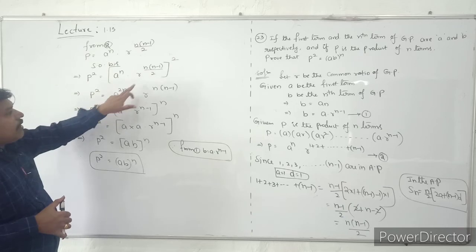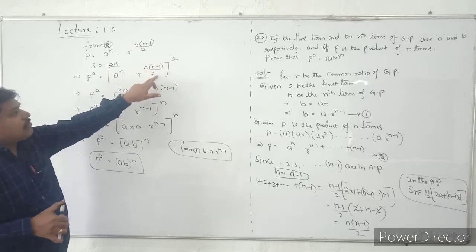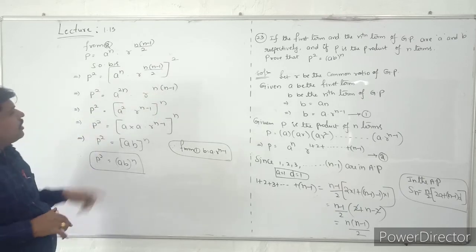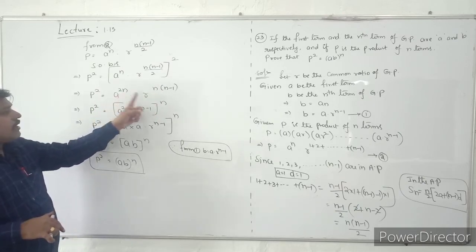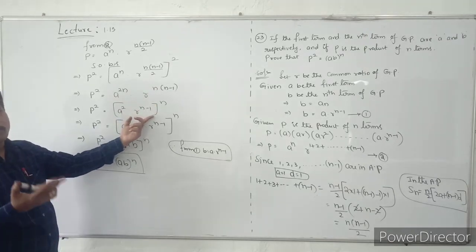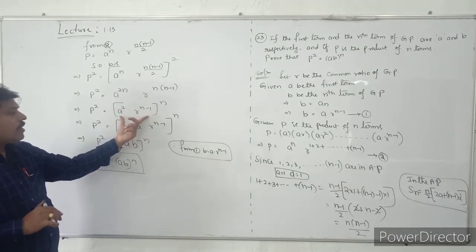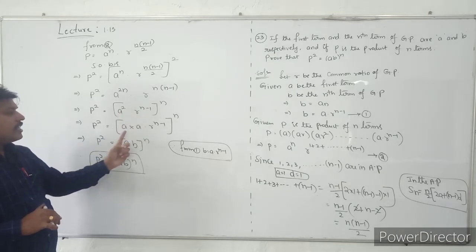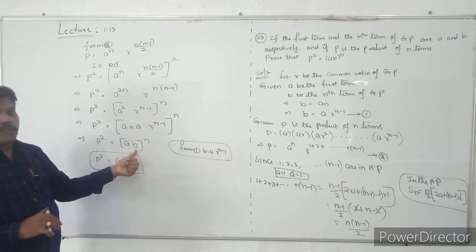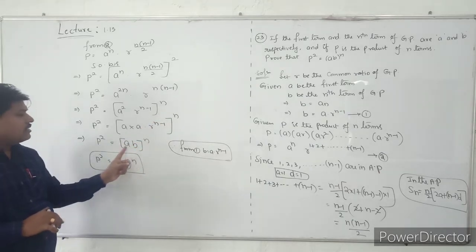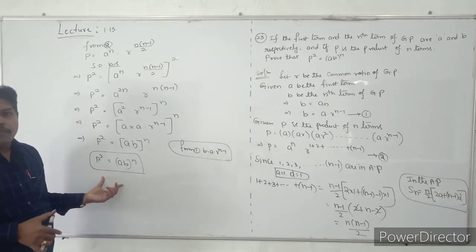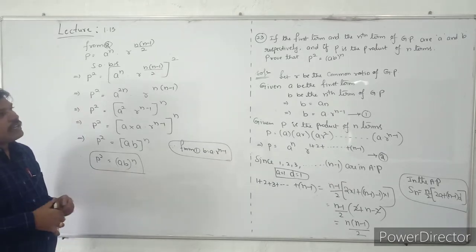So a power 2n into r power n into (n minus 1) by 2 into 2. The 2 will be cancelled. It will become n into (n minus 1). So the power of a is also n and the power of r also has n. So both the terms have the power n. Why? Because I have written like this: a square can be written as a into a. A into r power n minus 1 value will become the b from equation number 1. So it is (ab) whole power n. Hence, what is the condition they are asking? That is true. See students, once again this question.